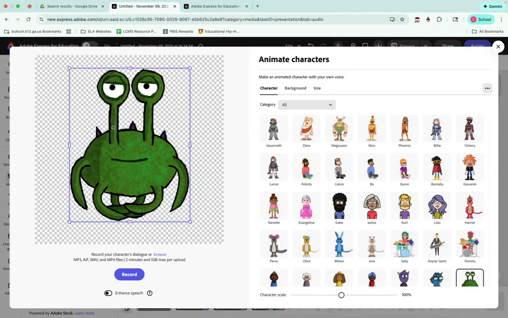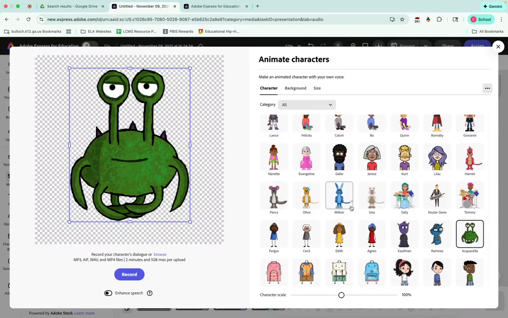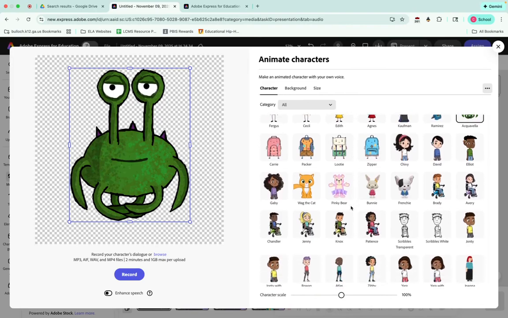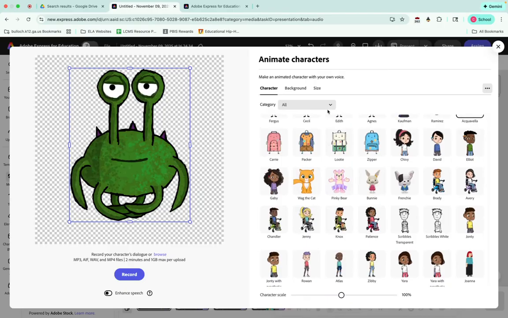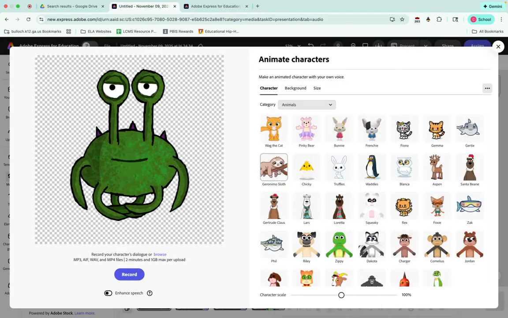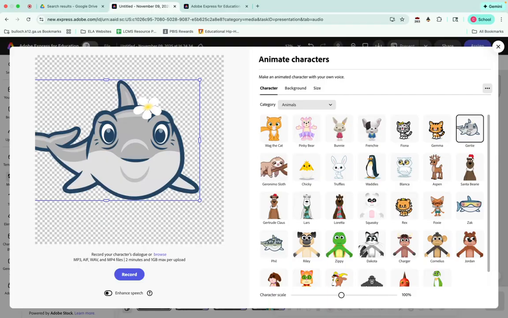And the students can pick a character that matches them, or what topic they're talking about, or whatever. They can find a character that goes with them. They have different categories of them. I'm going to just go with an animal because I think they're cute. And let's say we're talking about oceans, okay, instead of for our science concept. So I have a little shark here. And once I have the shark,